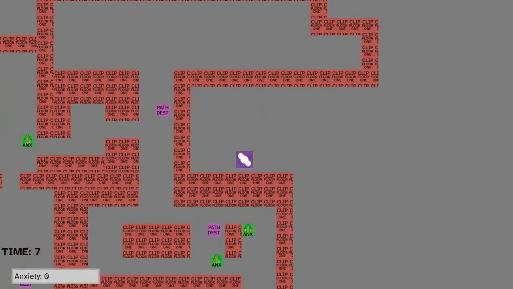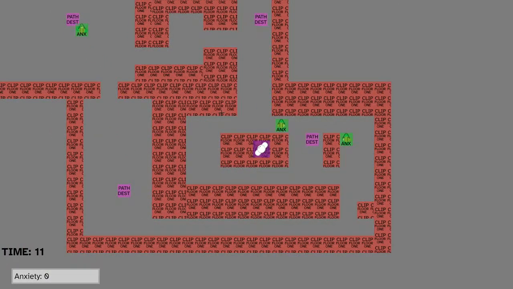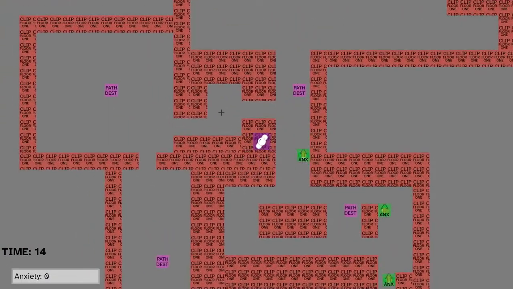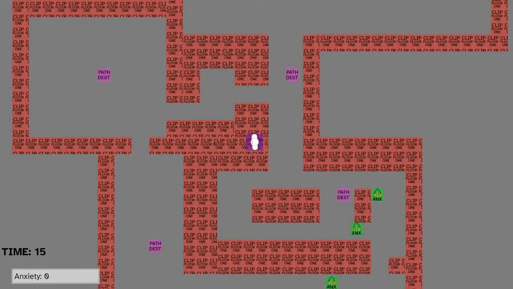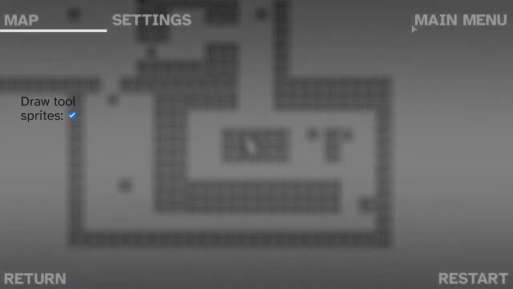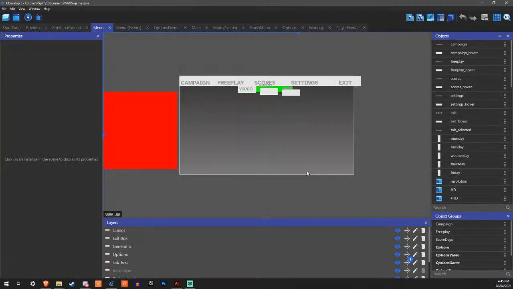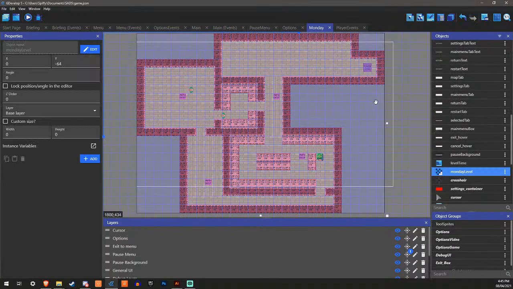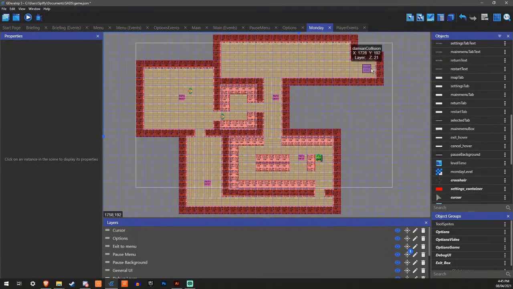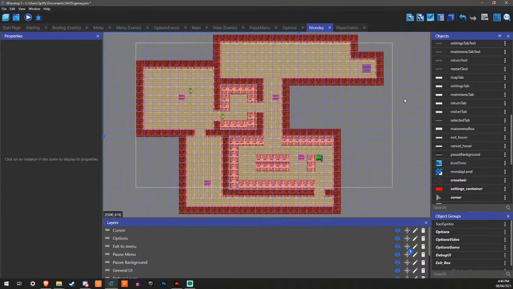I can just walk through everything. That's not meant to happen. Something's gone wrong here. Oh, the Z order. It's because of the Z order. That's why.